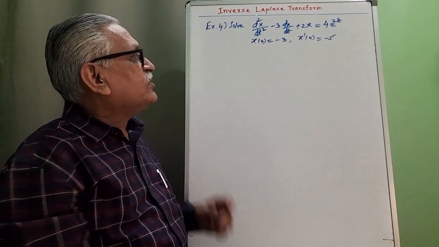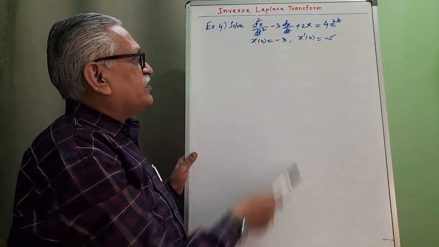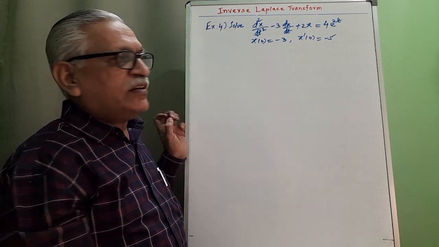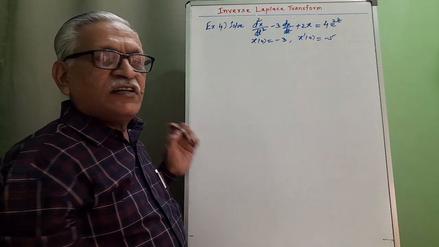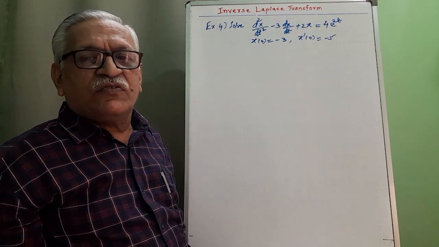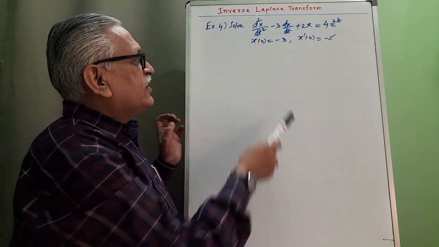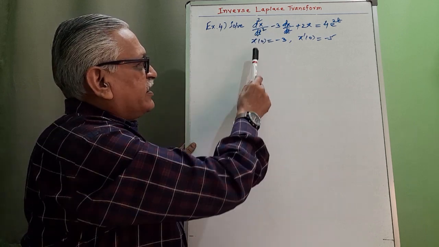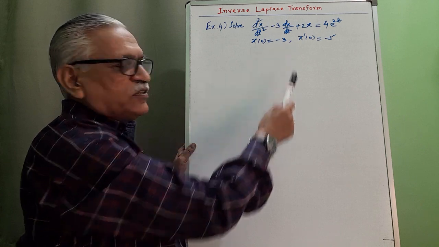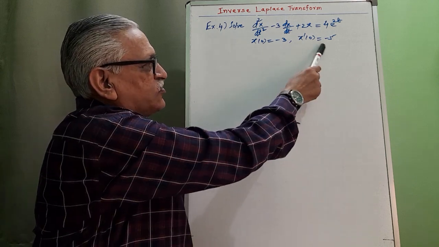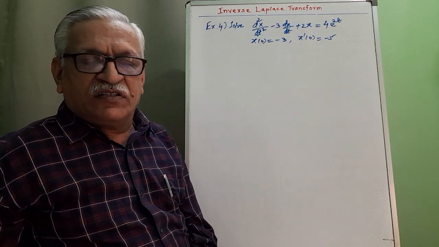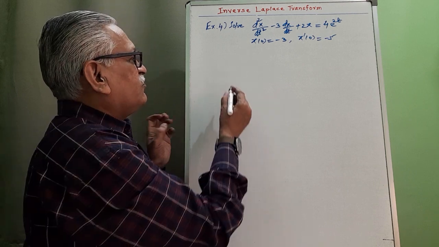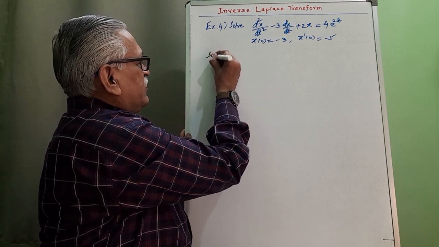Example number 4, solve the differential equation d2x by dt square minus 3 dx by dt plus 2x is equal to 4 e raised to 2t. Here x is the dependent variable, t is the independent variable, and the conditions are x of 0 is equal to minus 3 and x dash of 0 is equal to minus 5. Therefore, to obtain the solution, once again we consider the given